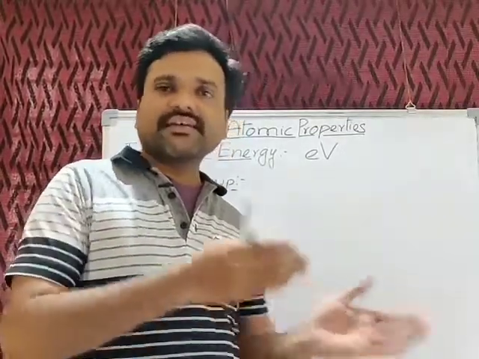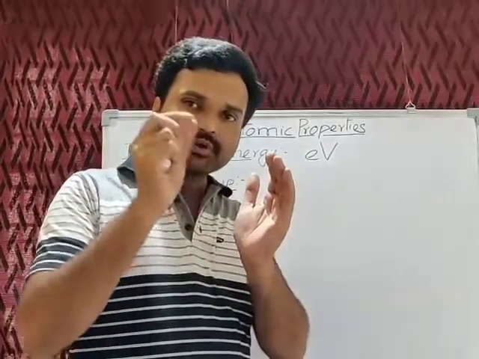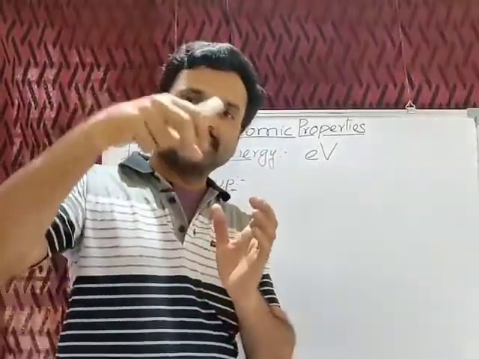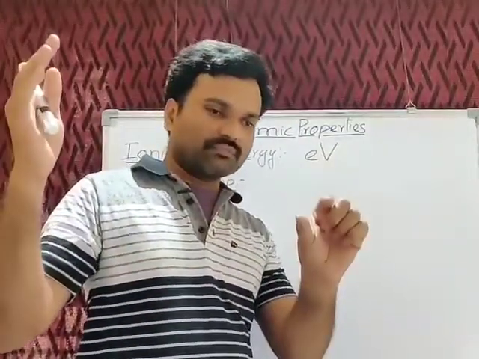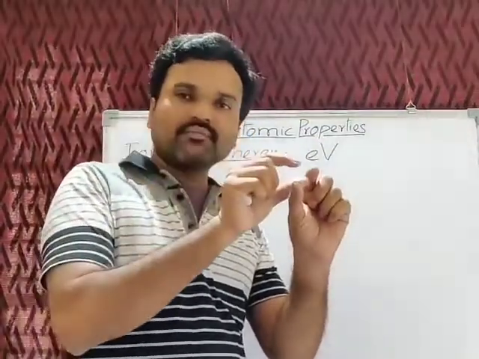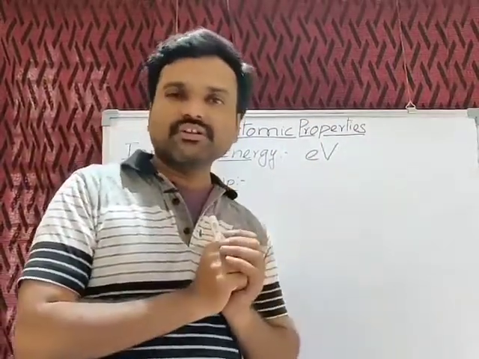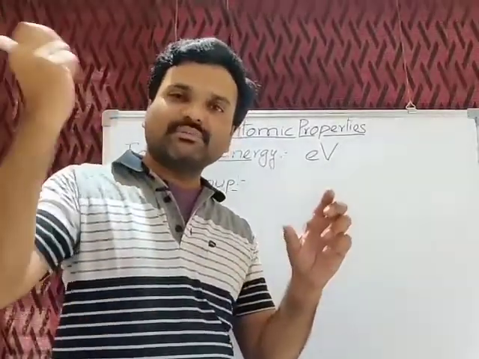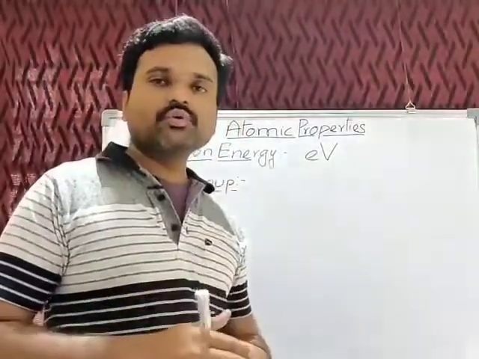Ionization energy is inversely proportional to atomic size, because if the size is smaller, the outer electrons are tightly bound with the nucleus. The removal of these electrons requires a large amount of energy. That required energy we call ionization energy. If we consider a bigger atom, the distance from the nucleus to the outermost electron is so far, so the nuclear force of attraction on the outermost electron will be a little less compared to small sized atoms. So the removal of this electron from the bigger atom is a little easier. That means it requires less energy only. In this way, ionization energy is inversely proportional to atomic size.